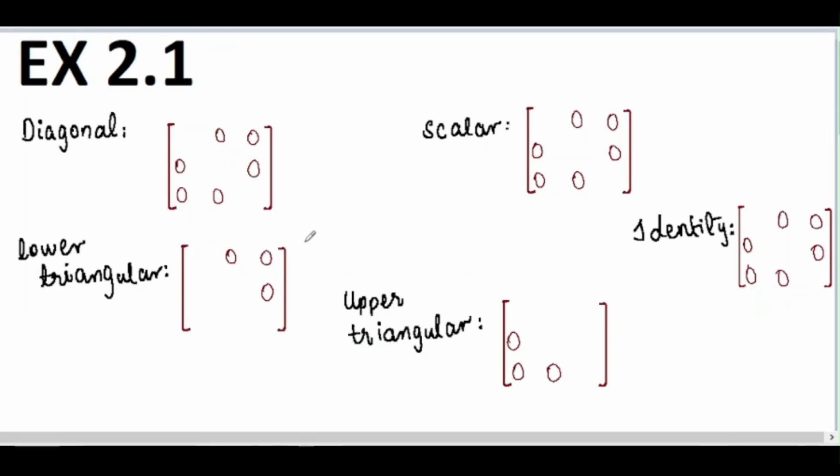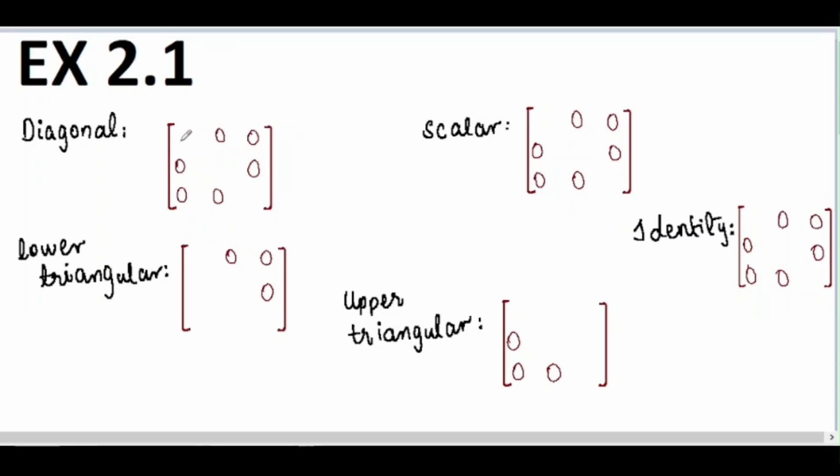For starting question number 3, you must know what is a diagonal matrix, a scalar matrix, an identity matrix, a lower triangular or an upper triangular matrix. To know these matrices, you must know where there must be a 0 in these matrices, and the rest of the terms are either 0 or non-zero, depending upon the name. For diagonal, scalar and identity matrix, these 6 places must be 0. You can see them in diagonal, scalar and identity matrix.